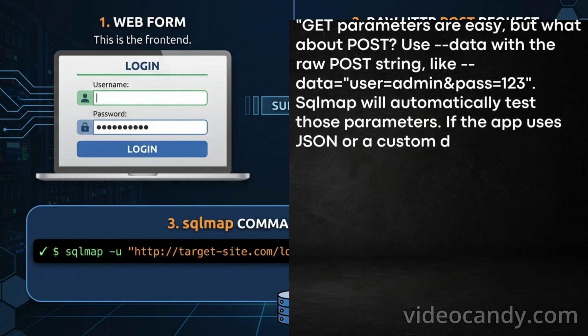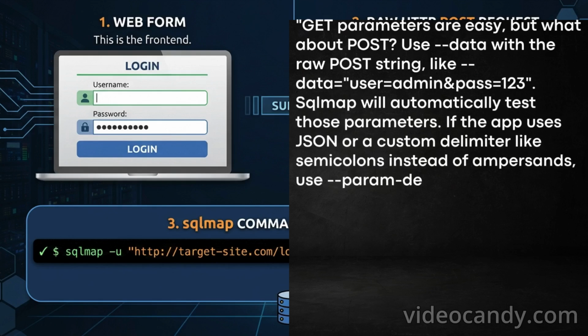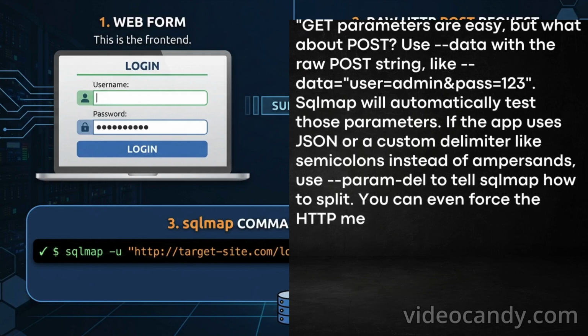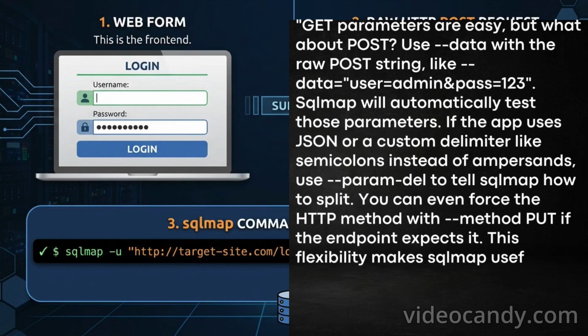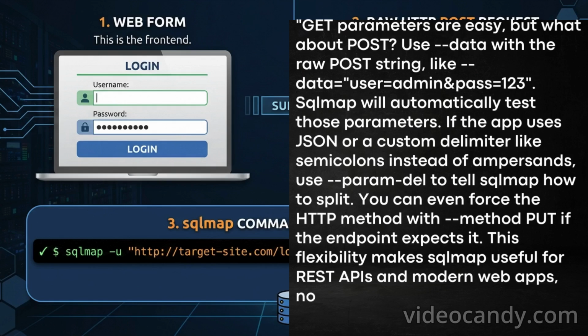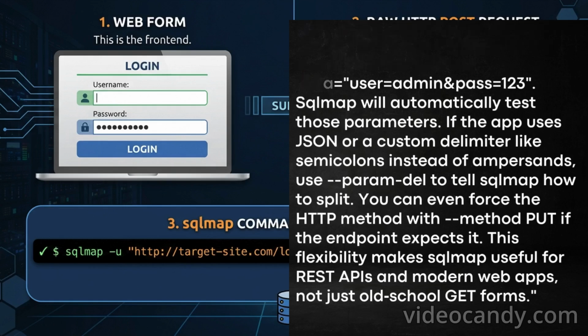If the app uses JSON or a custom delimiter like semicolons instead of ampersands, use double hyphen param-del to tell SQL Map how to split. You can even force the HTTP method with double hyphen method PUT if the endpoint expects it. This flexibility makes SQL Map useful for REST APIs and modern web apps, not just old school GET forms.